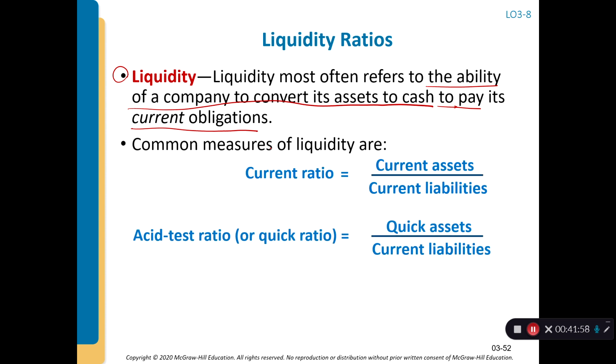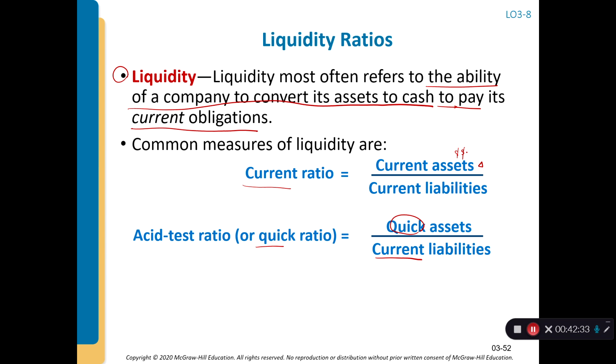And then there are two common measures of liquidity. One is called the current ratio, another is called the acid test ratio or quick ratio, right? Current ratio equals current assets divided by current liabilities, and acid test ratio equals quick assets divided by current liabilities. Current assets are often thought of as the most liquid assets of the company, right? Because these assets are easier to convert into cash,